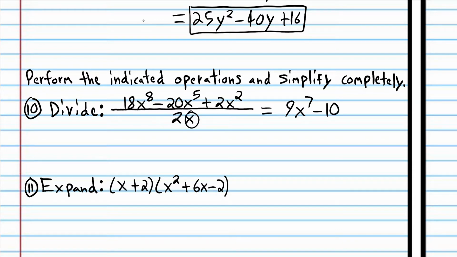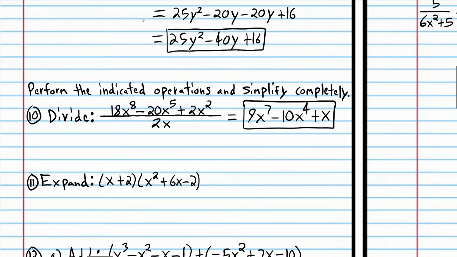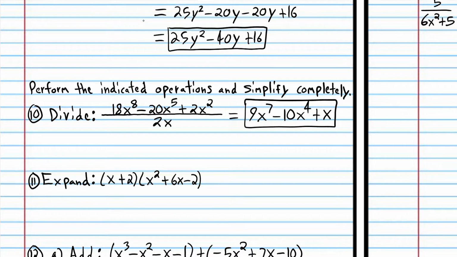And again, this x just cancels out one of those 5 x's, and we're left with 4. 2 divided by 2 is 1, so we don't have to write any 1. And the x on the bottom cancels out one of the x's, so you're just left with 1x. You had 2 and you're left with 1. So that's it. That's a pretty easy problem. Those are the types of problems where you really have no excuse for getting those ones correct, because that was